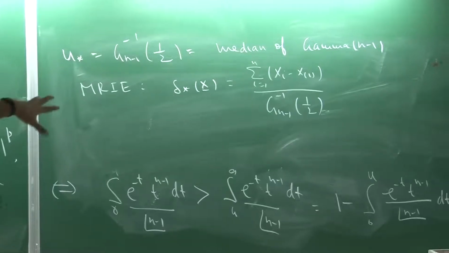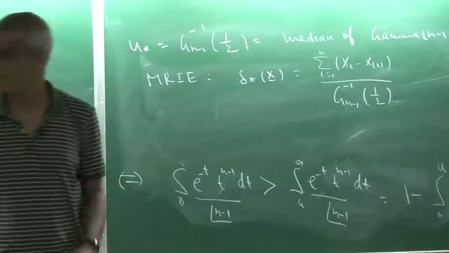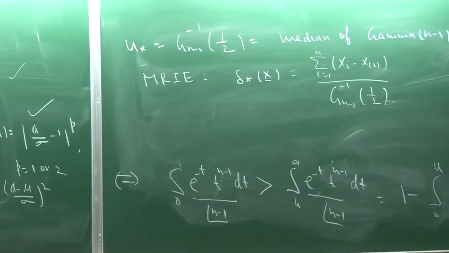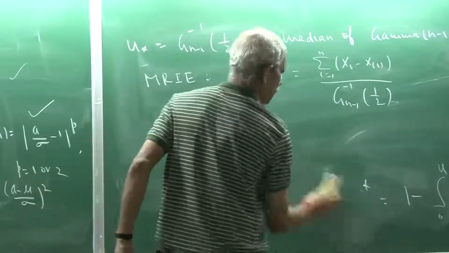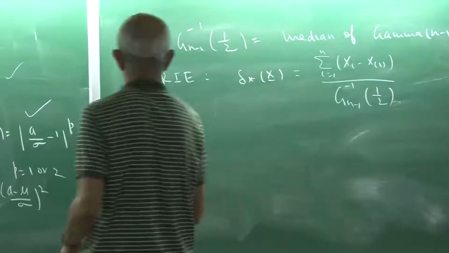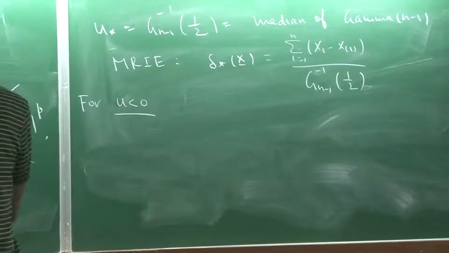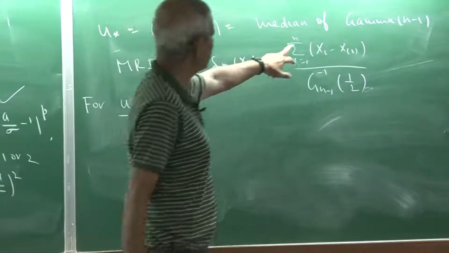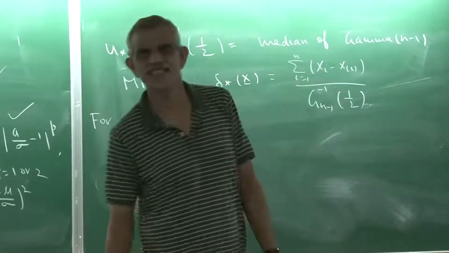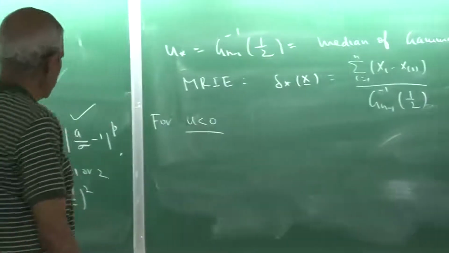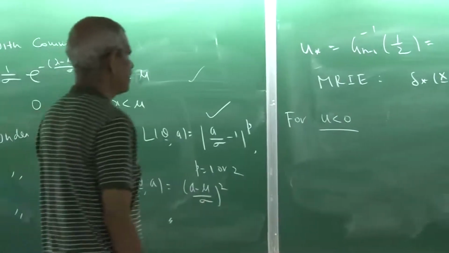So for all u greater than 0, I know that minimum is attained over here, and for u less than 0 you can easily check. You see, if u is less than 0, what happens? Just for completeness, for u less than 0. You see, for u less than 0, anyway, summation xi minus x1 divided by u would be a negative quantity. So that cannot be considered as an estimator of sigma, which is positive. But theoretically, if you want to show that u less than 0 will never give a minimum, you can look at